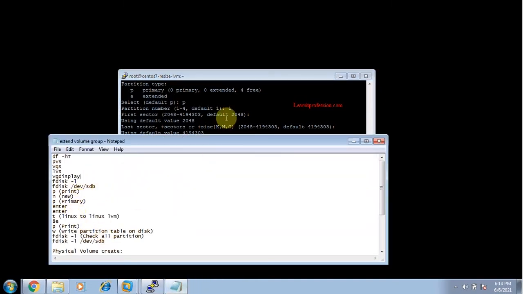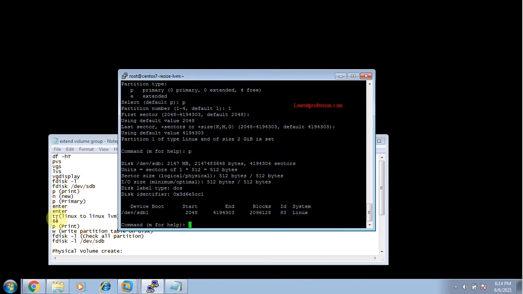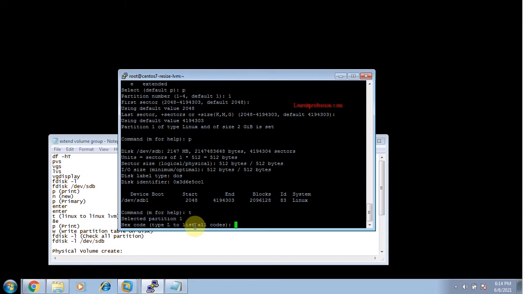For logical volume we will change the type. For type just type t. For Linux LVM partitions, the hex code is 8e, so we type 8e.